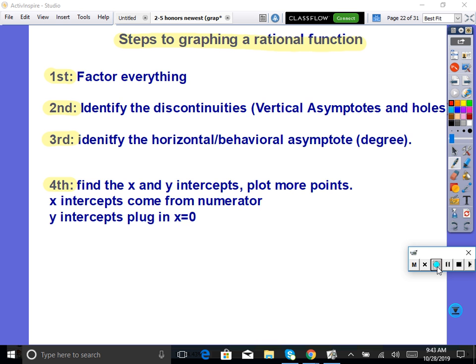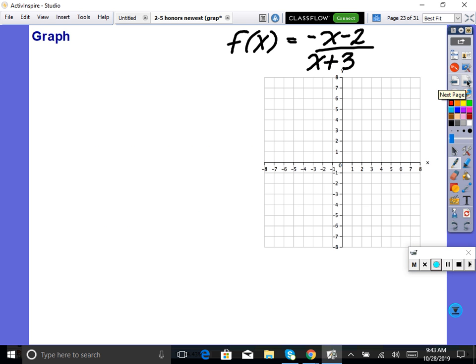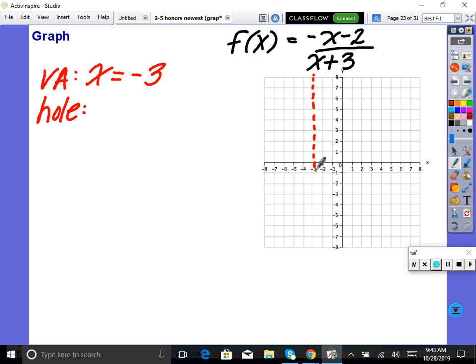Okay, all right, so here we go. This is my first example. It says graph negative x minus 2 over x plus 3. I'm going to factor that. It's factored. Okay, great. So now we're going to find our vertical asymptotes and holes. The vertical asymptote is x equals negative 3. So I go in and graph that: at negative 3, I put in my vertical asymptote. Are there any holes? None. Moving on to